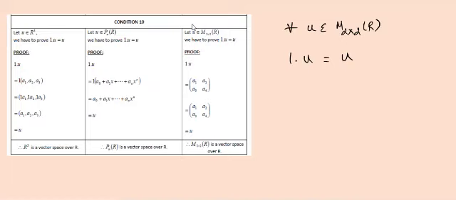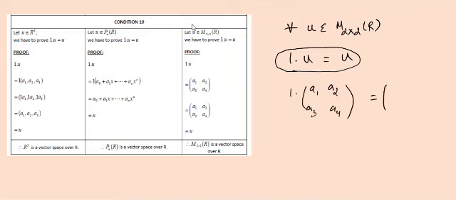There are many examples which will be failing this condition. Here in this case we are dealing with standard addition and standard scalar multiplication. Here we won't be bothering about these things. These things will be satisfied just like that. Okay, 1 into U will be this, right? So the resultant will be A1, A2, A3 and A4. So it will be equal to U again. There is no doubt in that.